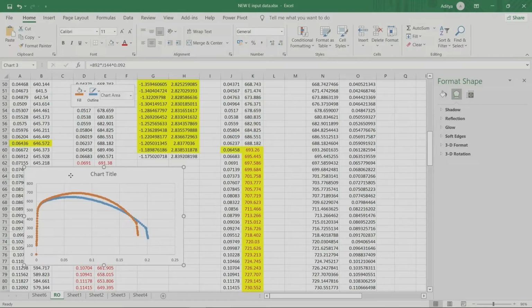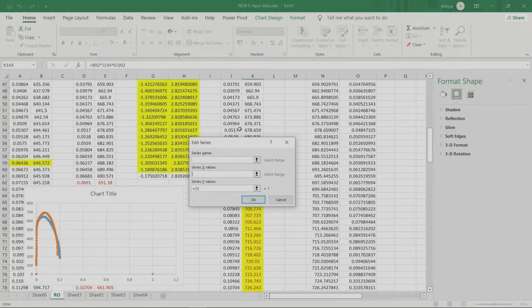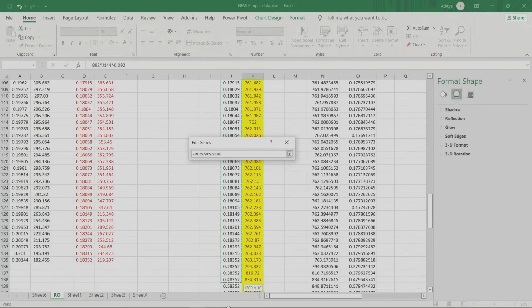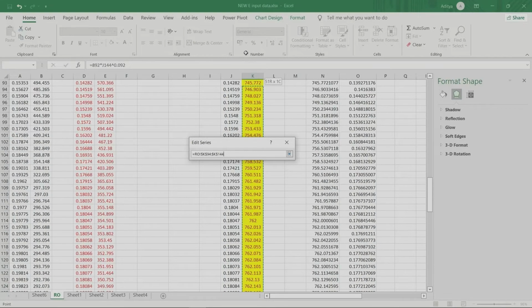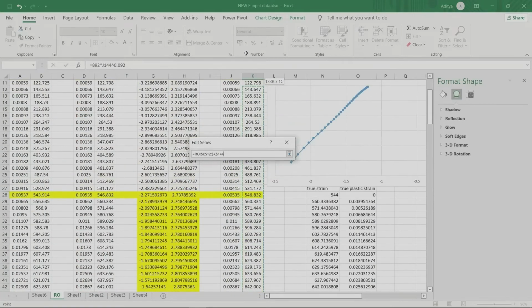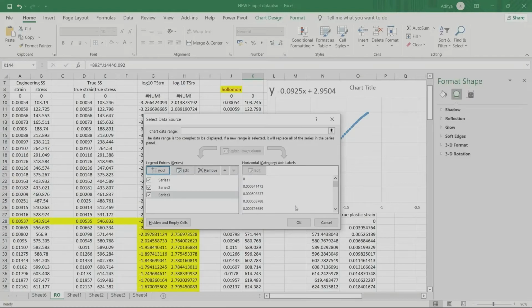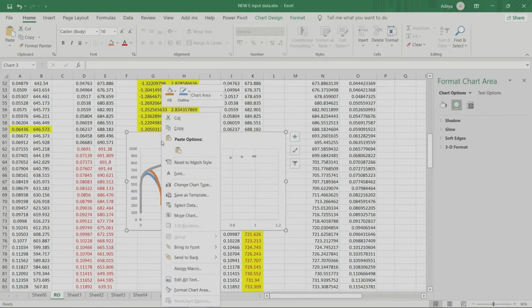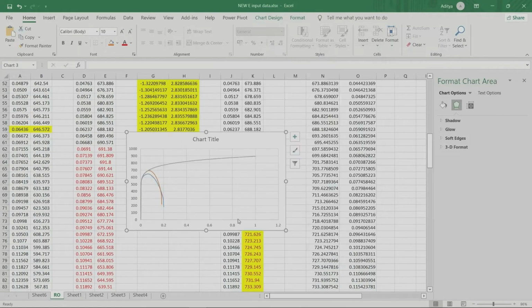Let's see how this data looks. So what you have done here, you have added this data that will show you comparatively what we have done till yet.